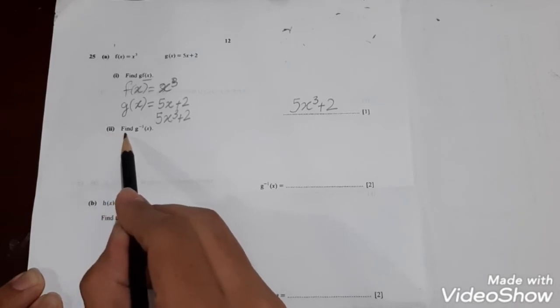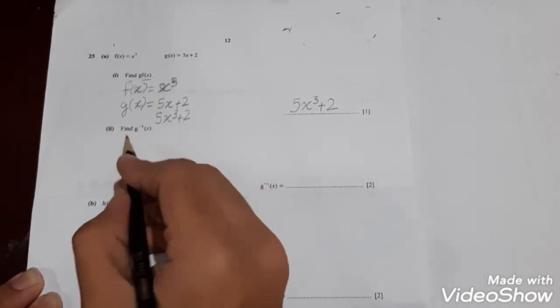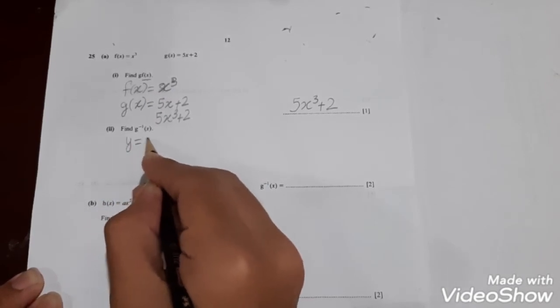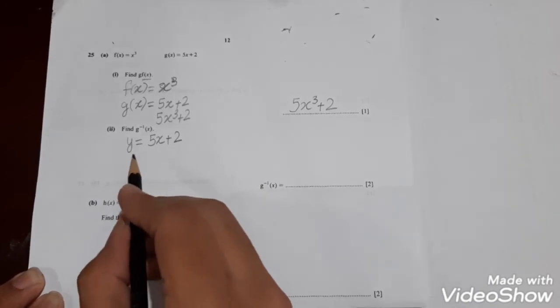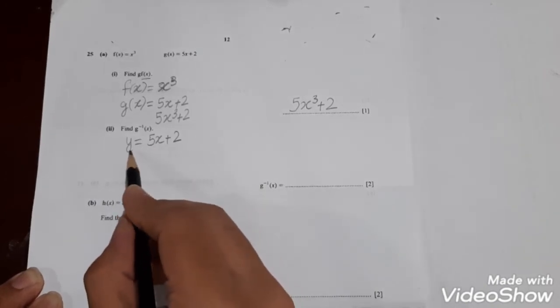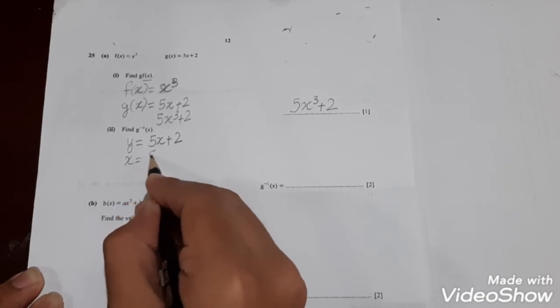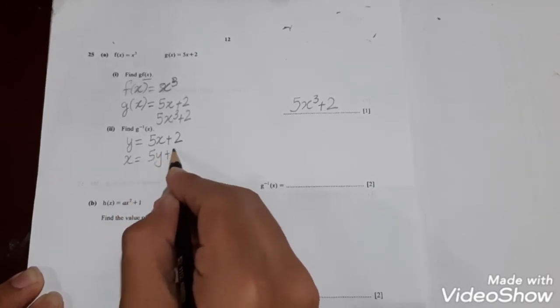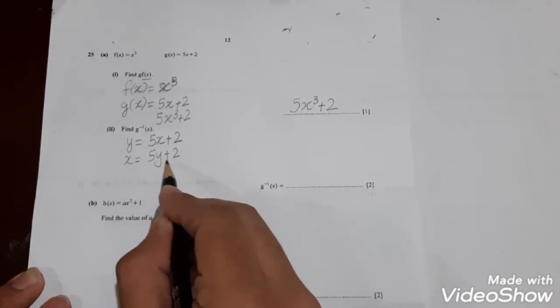Part two states find g inverse of x. So g(x) will be y is equal to 5x plus 2. For the inverse, we will switch y and x, and we will write x is equal to 5y plus 2. So we have to make y separate from 5y plus 2. So we will